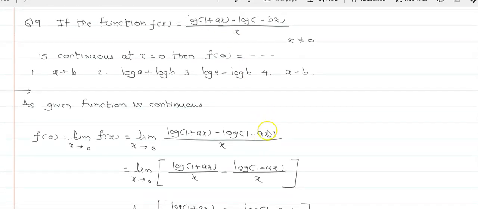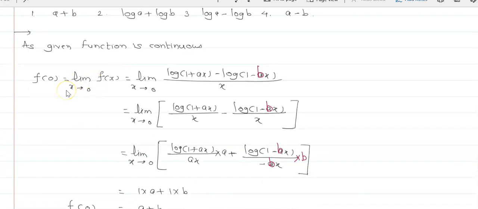One thing I forgot to write here. Here it must be b; by mistake I had written a here. I have corrected it. That is, f of 0 is equal to limit x tends to 0, f of x